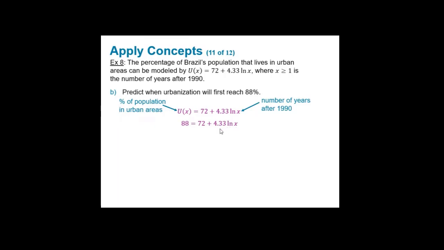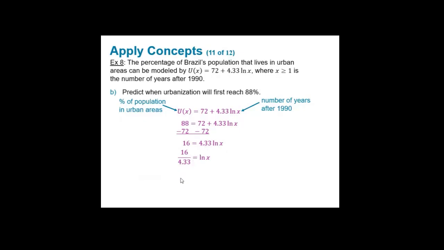So this is a log, so that means I need to isolate this logarithm before I do anything else. So my first step, I'm going to subtract 72 from both sides. So 88 minus 72, that's going to give me 16 equals. My 72s on the right cancel, and then I'm left with 4.33 times the natural log of X. So I want to get the natural log of X by itself, so I'm going to divide both